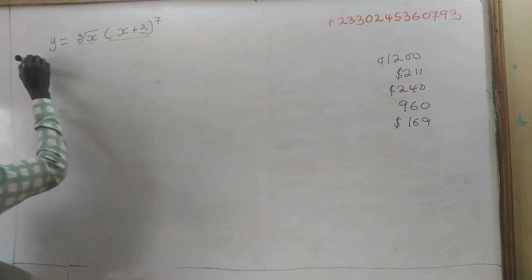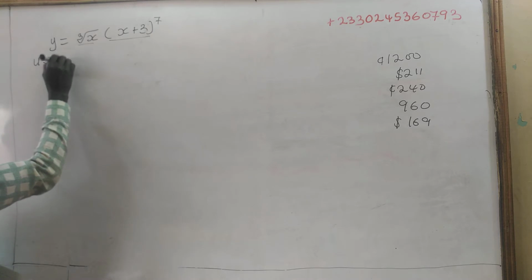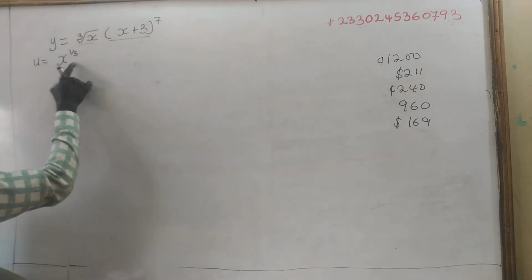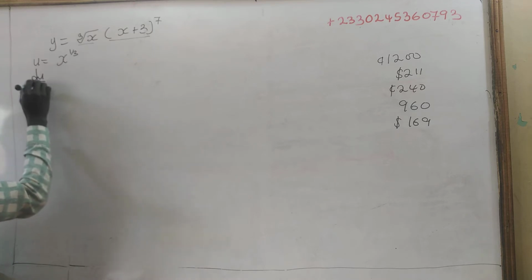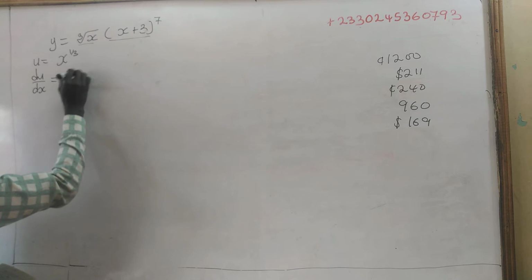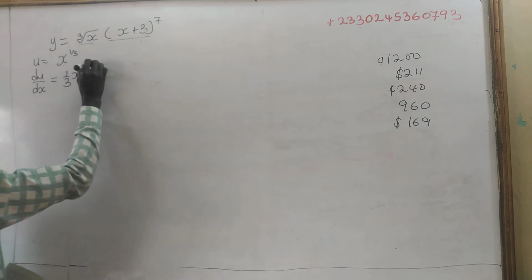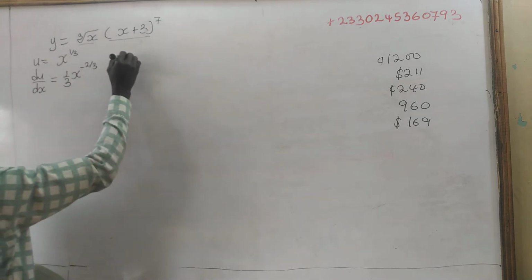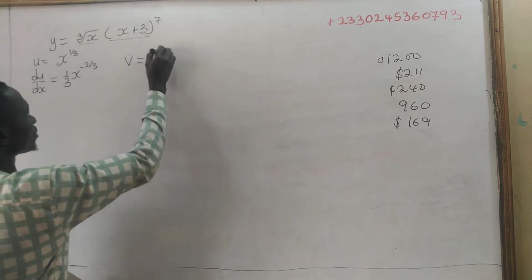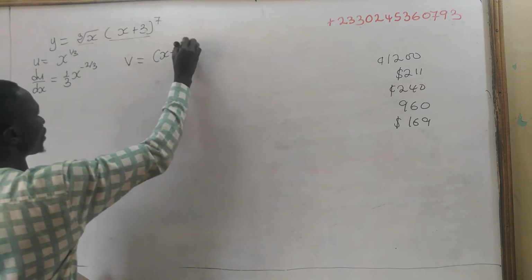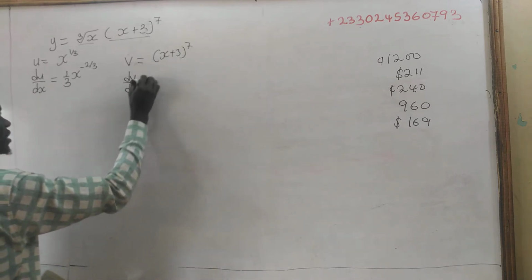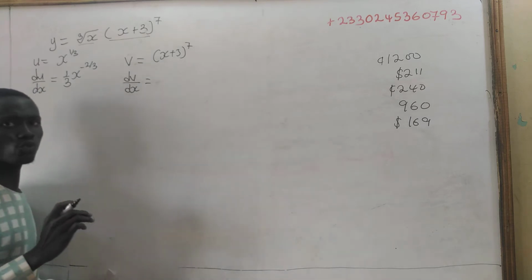So, here, we will let u equal to x to the power 1 out of 3. That is cube root of x is this. The derivative of u with respect to x is equal to 1/3 x to the power negative 2 on 3. And if we let this to be equal to v, we are going to have (x plus 3) to the power 7. The derivative of v with respect to x is equal to,